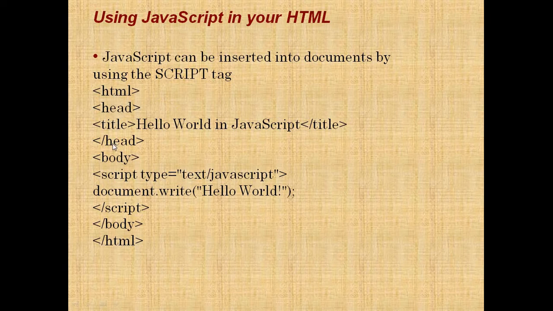Here is the same tag as HTML, just use the script tag, and now the type is changed to text/JavaScript. Instead of writing CSS, we are now making JavaScript. That's why we are writing JavaScript here. This simple line will display a message on the screen, that is hello world. document.write will just write a message on the screen with the help of this script. Okay, so here is the example of internal script.